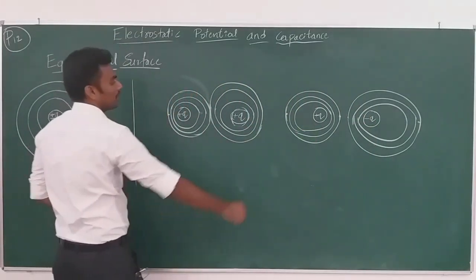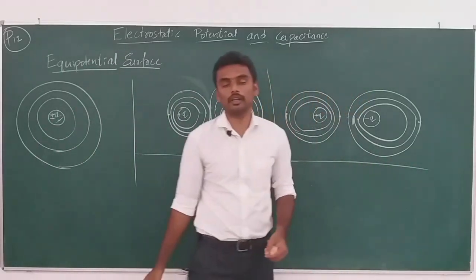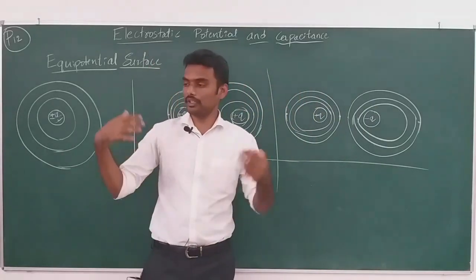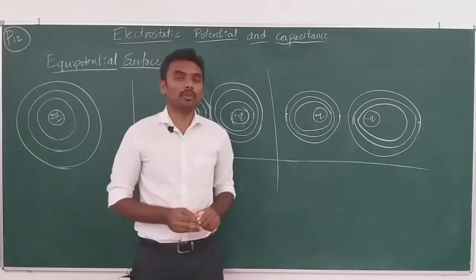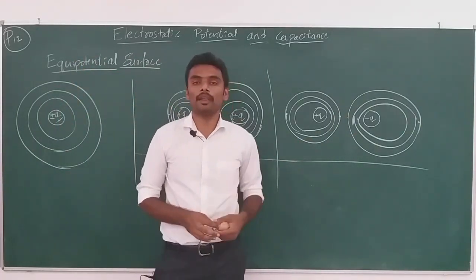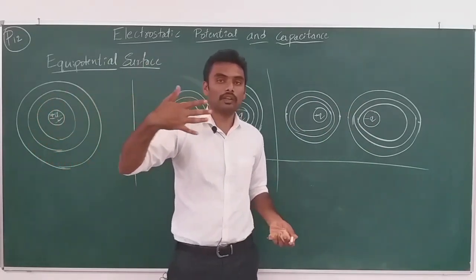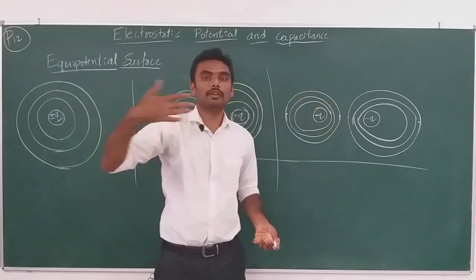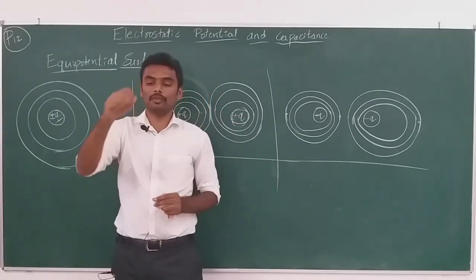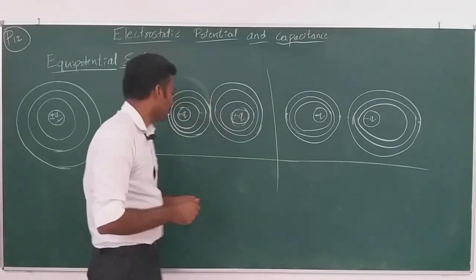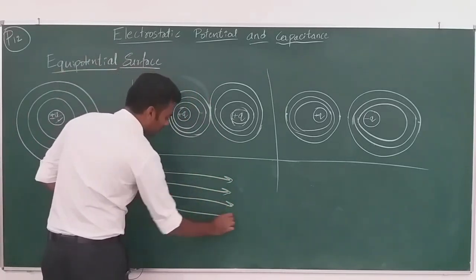So this is the equipotential surface for an electric dipole. Now the last and final case, when we have a uniform electric field. When we have a uniform electric field in a given region, say in a room, one of the walls is entirely positively charged and the other wall is entirely negatively charged, and hence we have electric fields going exactly like this, which are uniform. The value of the electric field is equal at all the points chosen. This is how we represent a uniform electric field.